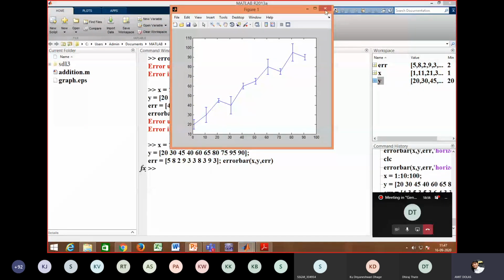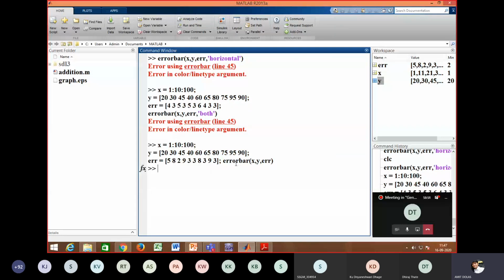This is working fine. That is error bar, default vertical error. For horizontal line plot, and for both, it is showing an error.